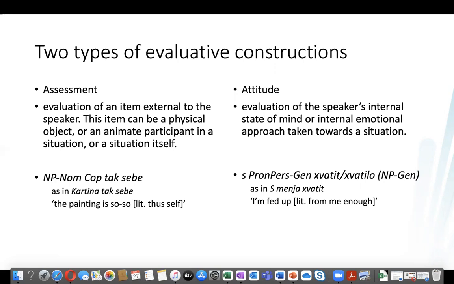So assessment would be something like "Картина так себе," that painting is so-so, as opposed to attitude, which is really like "С меня хватит," I'm really sick of this. I'm fed up. Okay. So,